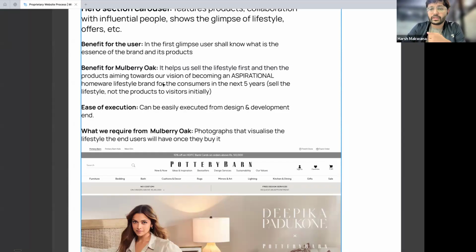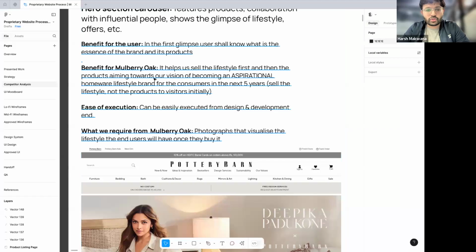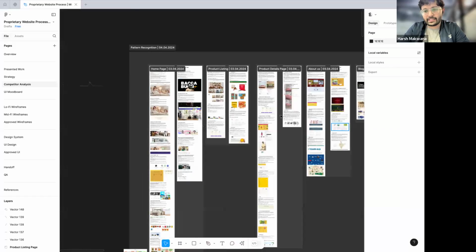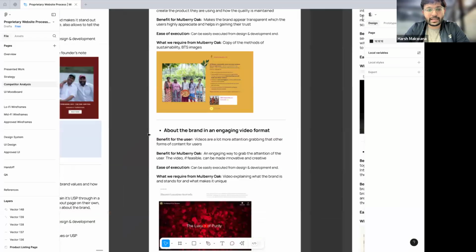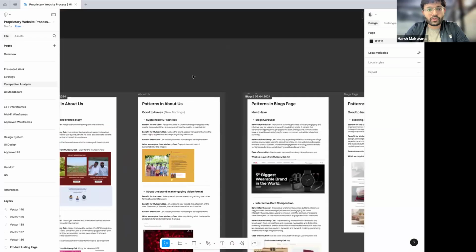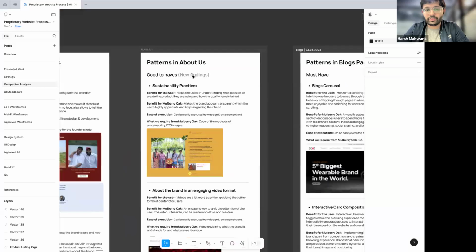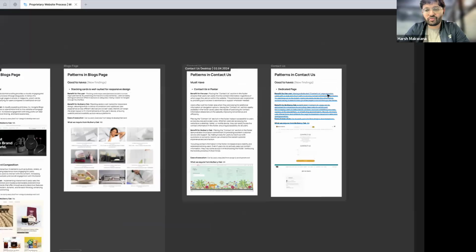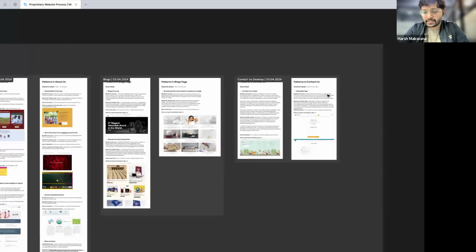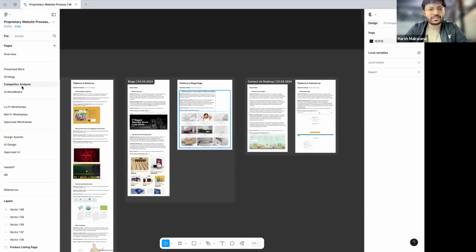And if there's anything, what do we need for it? Is it photographs, testimonials, etc.? So we write everything down, we dissect it. And in case we have any ideas, we also find that out and pitch that to you. So the idea of competitive analysis is to find, okay, what all things can we be doing? Once that is done,